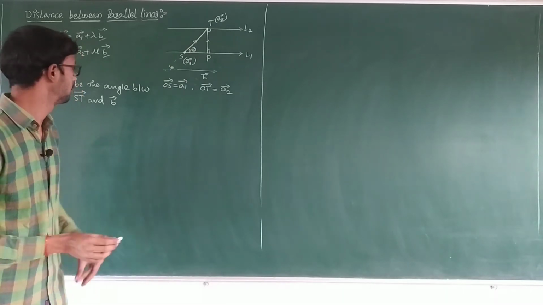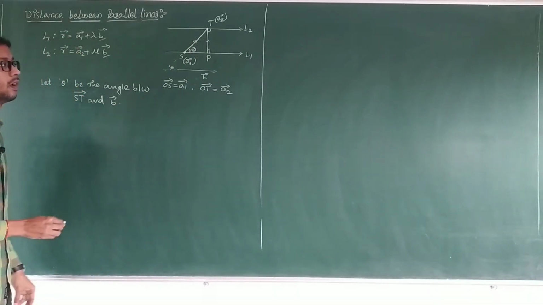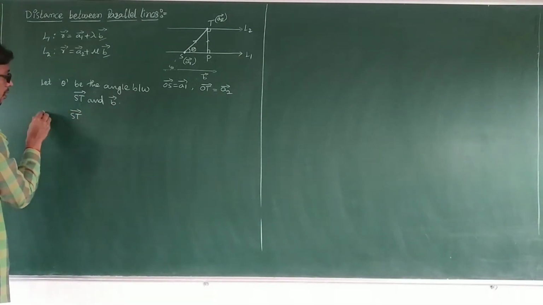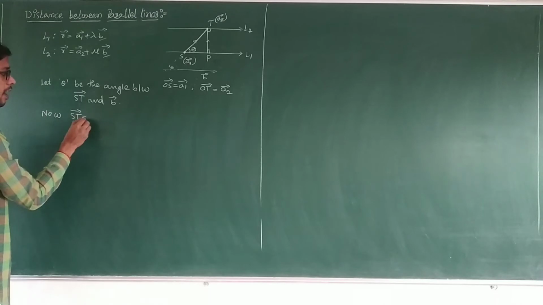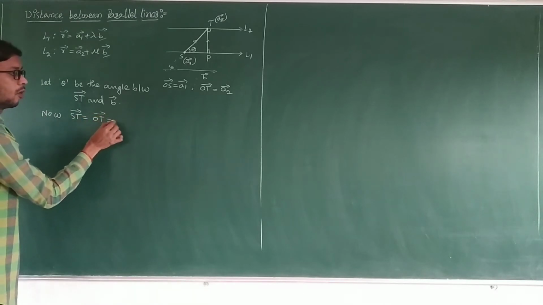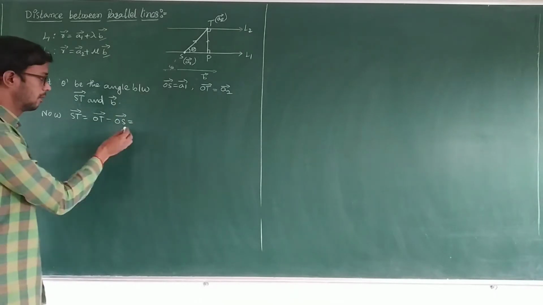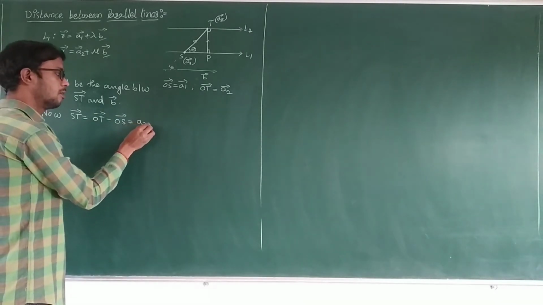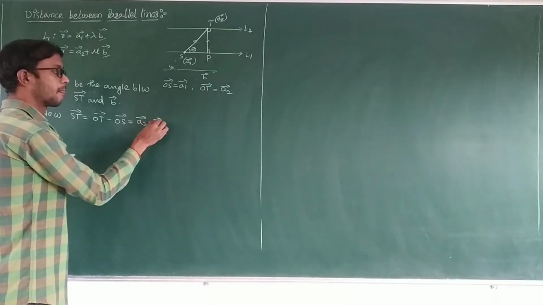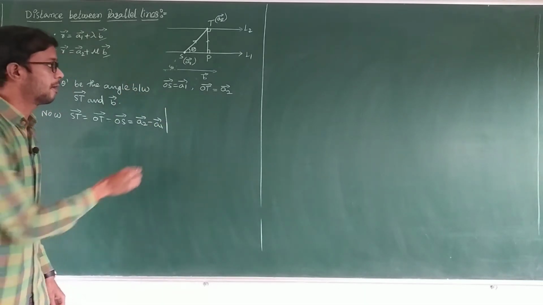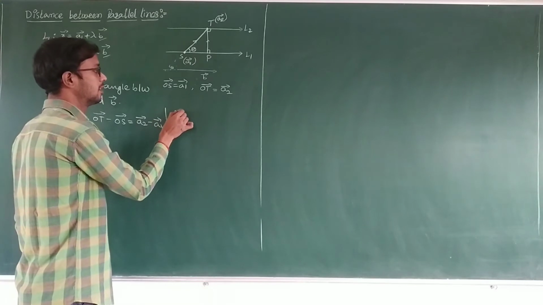So next step, now I am finding ST bar. ST bar is nothing but OT bar minus OS bar. That is equal to a2 bar minus a1 bar. Next step. From triangle SPT,